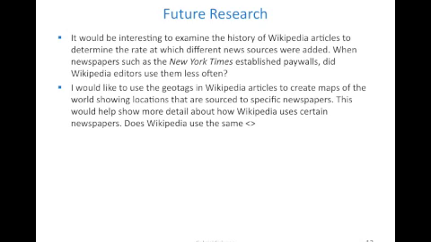And then I'd also like to use the geotags in Wikipedia articles to create maps of the world that show which parts of the world use which newspapers in their coverage. So, for instance, it might be interesting to look at articles about the Middle East and see, specific to the Middle East,